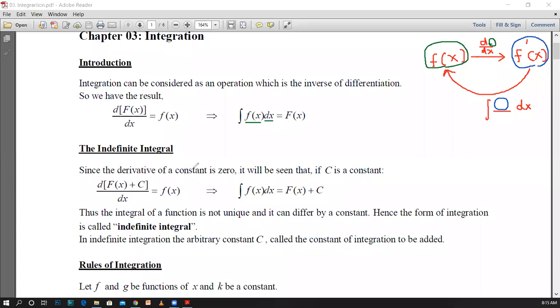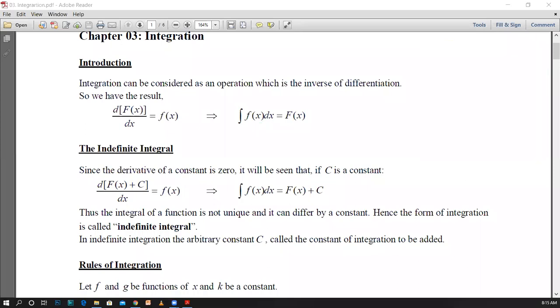Now, first of all, we will pay attention to what we discussed in the previous sessions regarding differentiation. Think about it: if c is a constant, and you obtain the derivative of this constant c with respect to x, what you obtain is 0. Therefore, you have learned that the derivative of a constant is equal to 0.